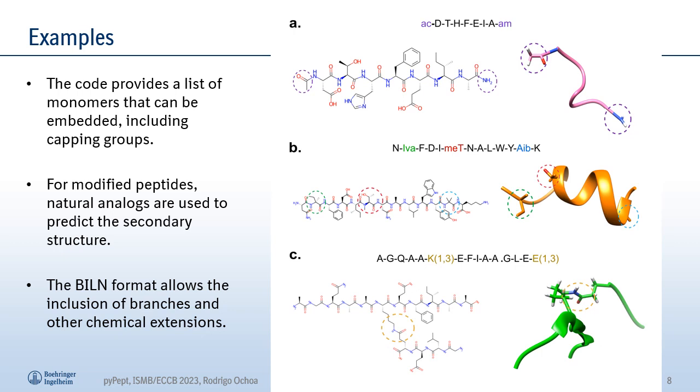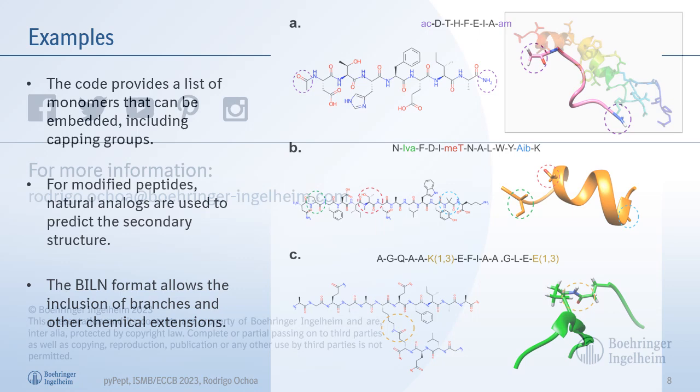For the secondary structure, normally what we do is use natural analogs of the non-natural residues to predict the secondary structure and then assign the correct dihedrals. And finally, the format allows us also to include branches and other chemical extensions if we want to increase the peptide complexity. So again, the code is open source, and